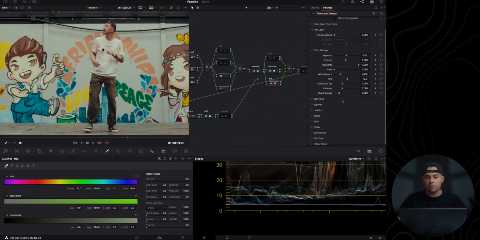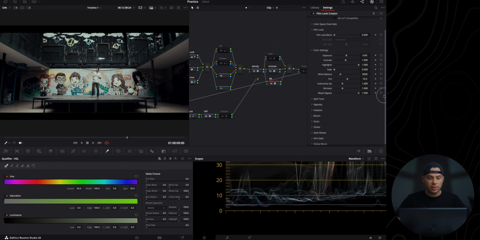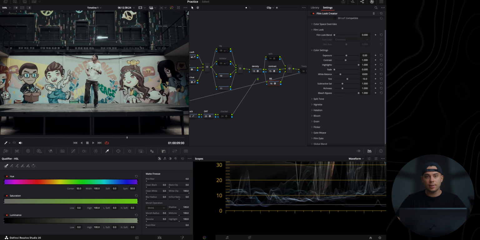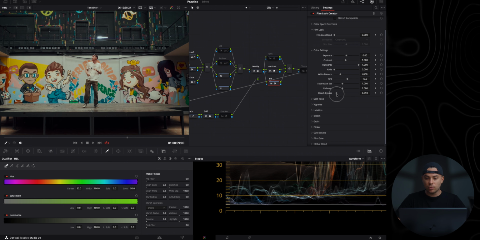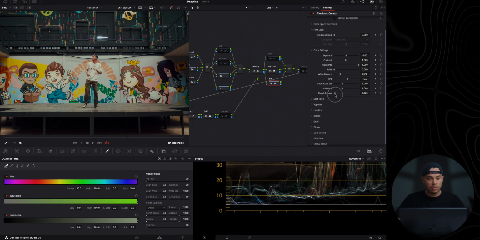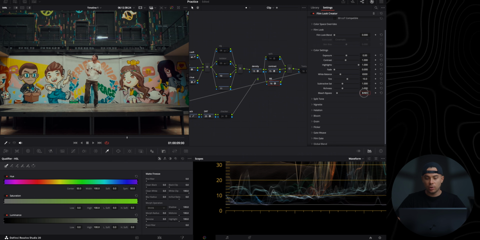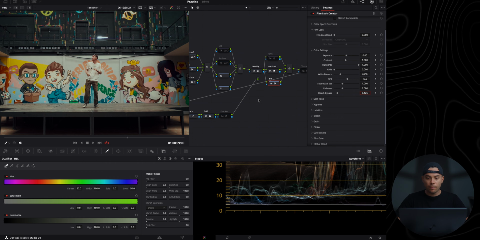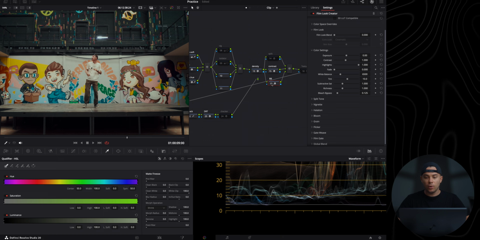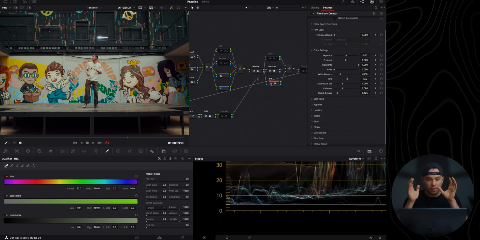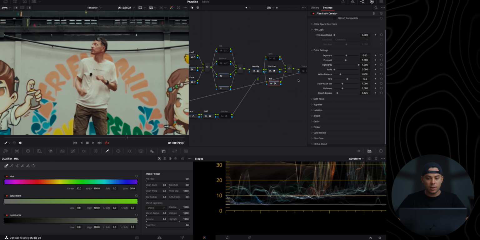Actually, I kind of like this, but it's a bit too strong. Let me just show you how it looks at 100% intensity. As you can see, it has this contrasty black and white effect, if you will. But I'm gonna set it to like 0.125. Here is a before and after. I always have this node just in case I want to add this effect, because sometimes, like in this